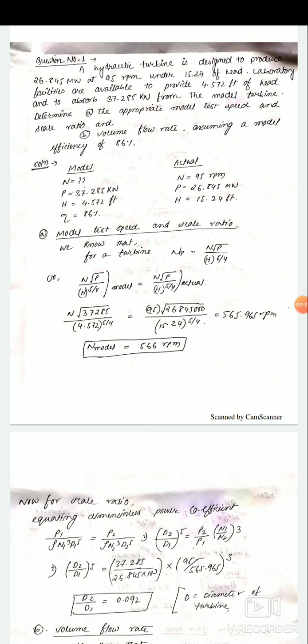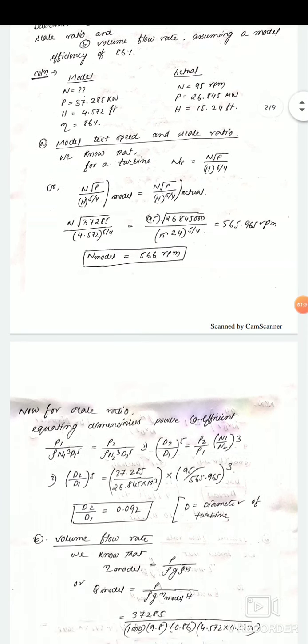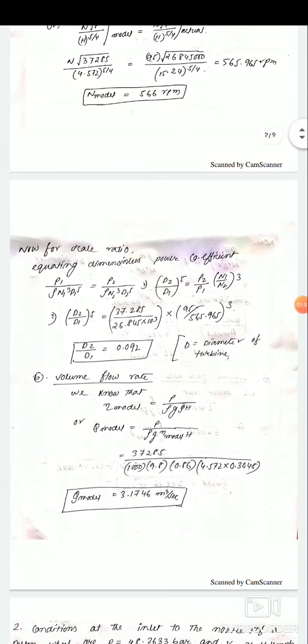So for model test speed, we know that for a turbine we know the relation n into under root P divided by H to the power 5 by 4. So here the model and actual values should be the same. So by putting the values which are given in the question, we can see that the model test speed is coming out as approximately 566 rpm. And for the scale ratio, we know the